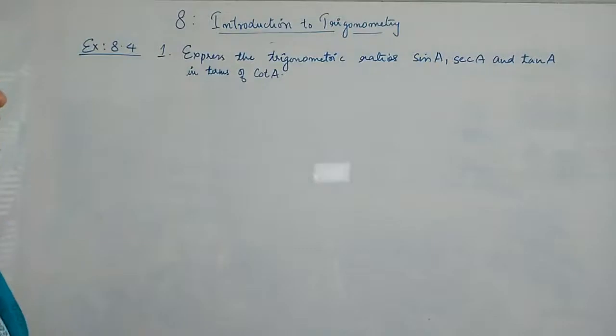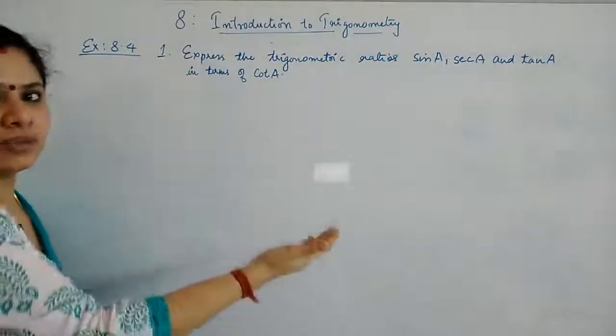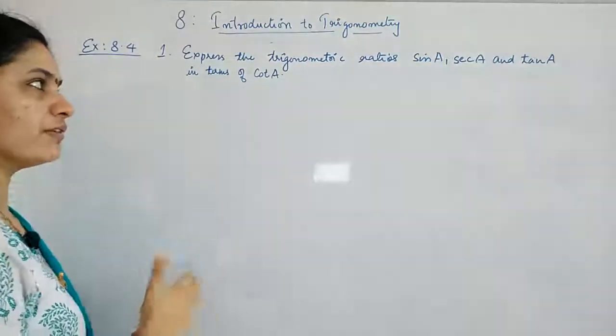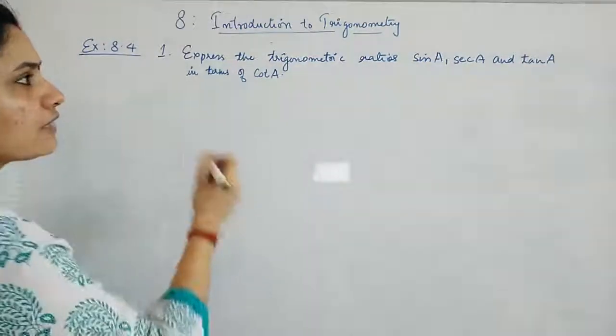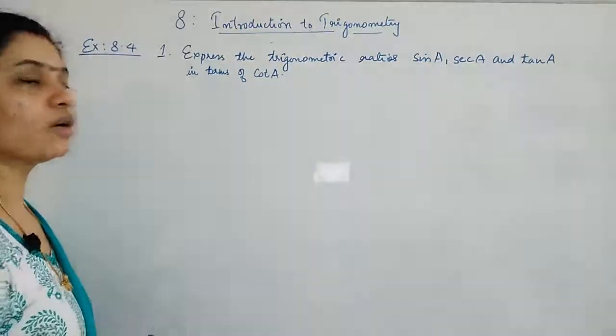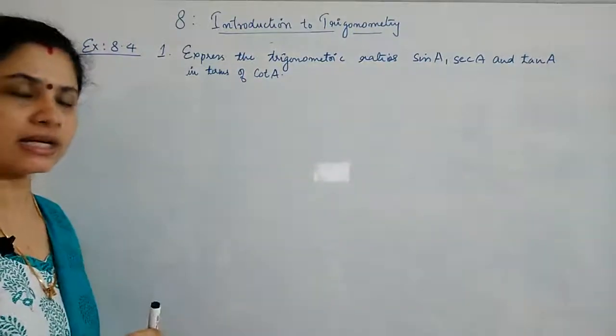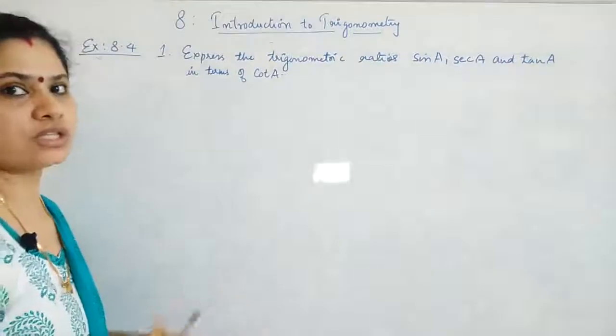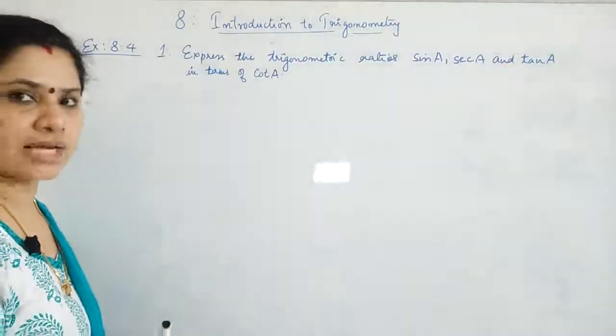So first we will start with sin. We are not writing sin directly in terms of cot. So from where we will start? Okay, we'll start from cosec, because cosec and cot are related using your trigonometric identities. So if you use that, you can change cosec into sin and find out what is the value of sin in terms of cot.